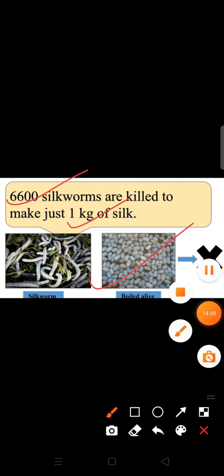so this is how we get the clothes from the fibers. We get fibers from the plants, animals, and from the chemicals. After spinning, these fibers are converted into yarns, and the yarn is converted into fabric after the process of weaving and knitting. And from these fabrics, after stitching, we get different types of clothes.